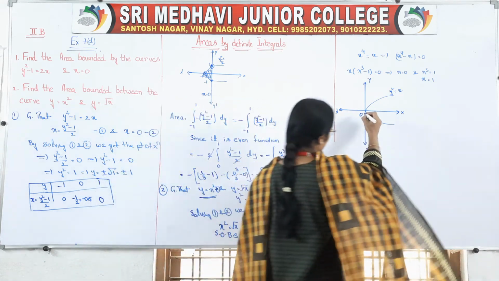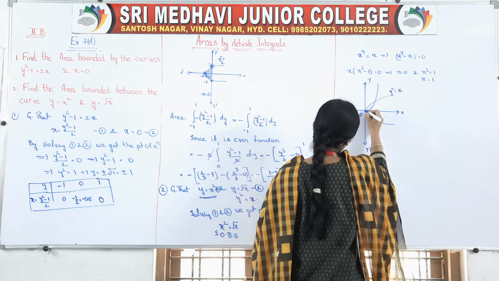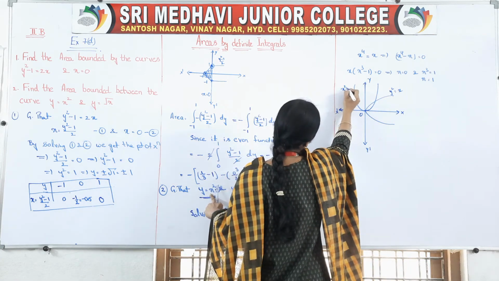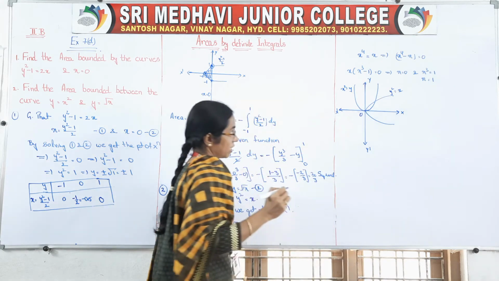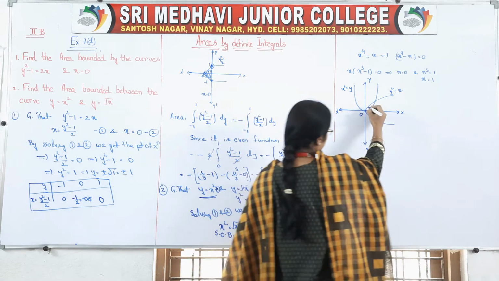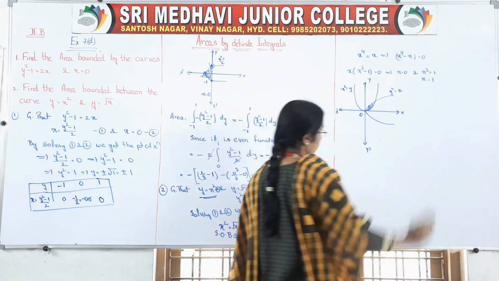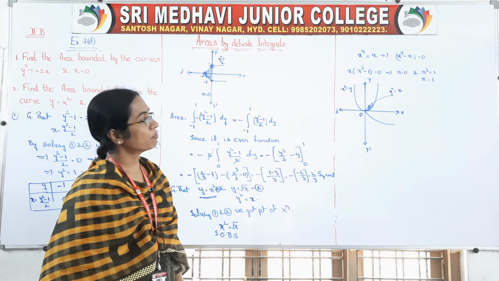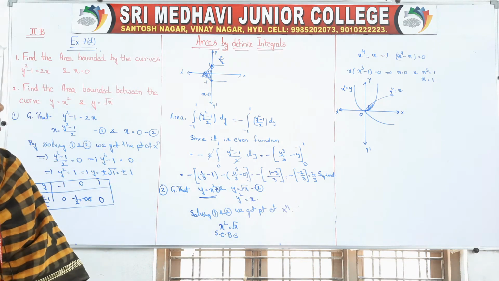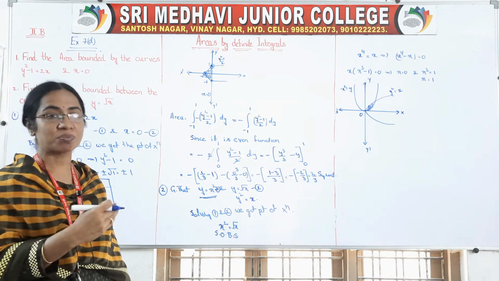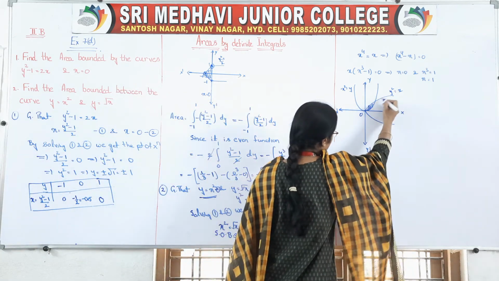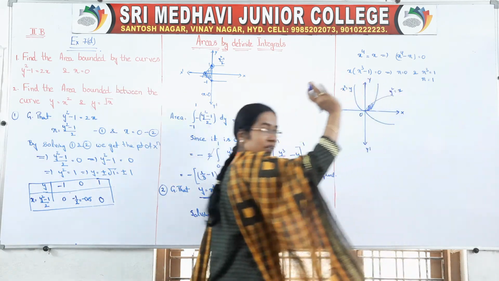And another parabola will be like this, right, and whose equation is x square is equal to y, that means x square is equal to 4by form. So which area we have to find? This area we have to find. Okay, so how we will find? We know the limits already, we got the limits, right? So just we have to check which curve comes upwards, which curve comes downwards. So this curve comes upwards and this curve comes downwards.